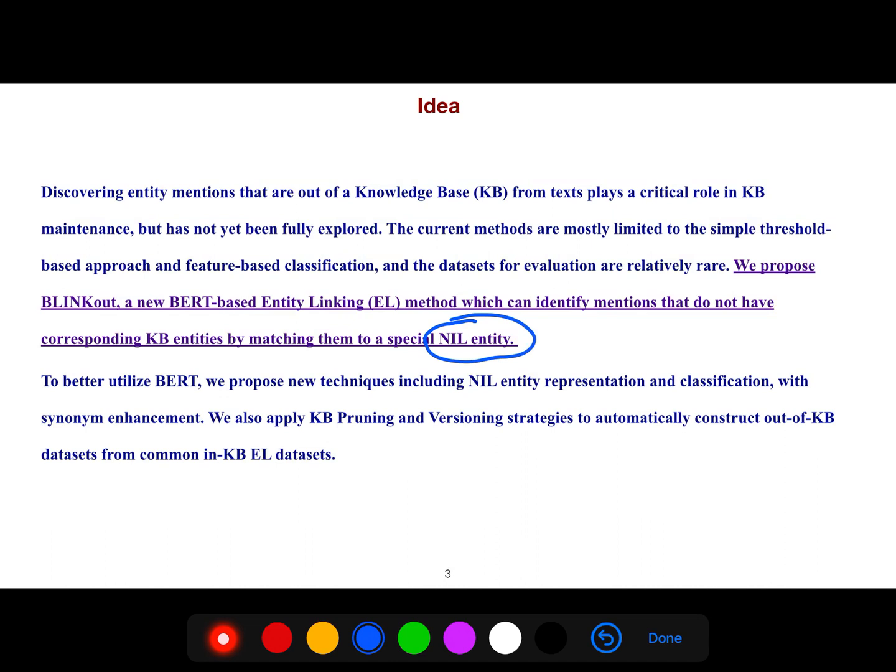So to better utilize BERT, they propose new techniques, including NIL entity representation and classification with synonym enhancement, and they apply knowledge-based pruning and versioning strategies to automatically construct out-of-knowledge-base datasets from common in-knowledge-base